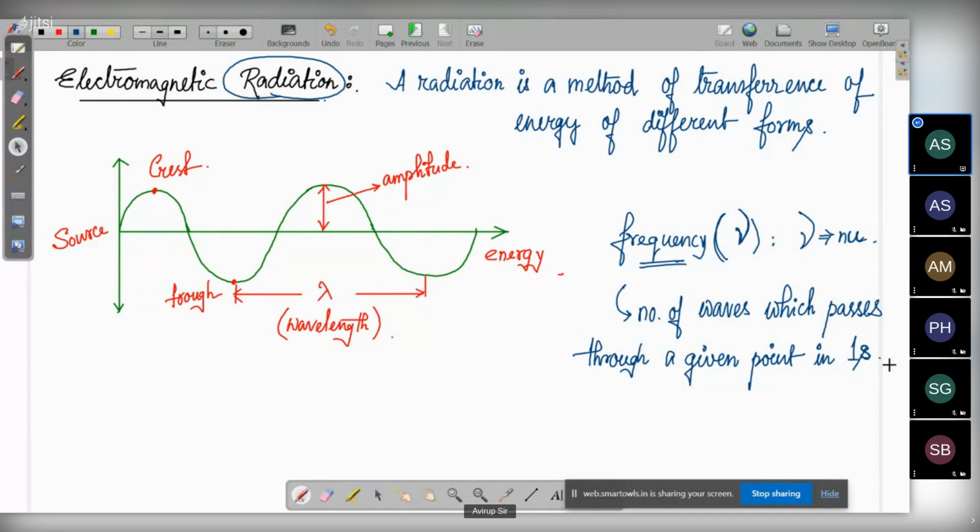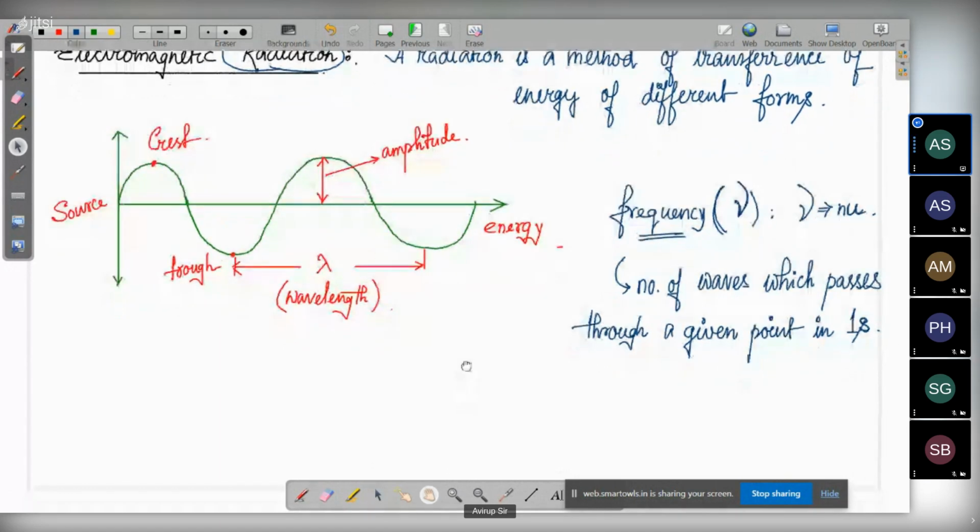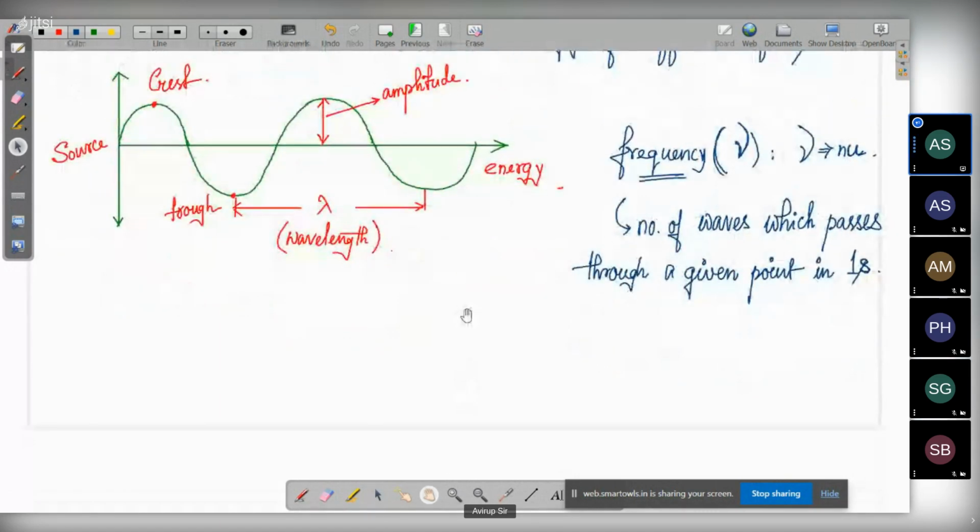So that means how many times it is happening within a given period of time. Here you are not dealing with the number of school days; you are dealing with the wave. That is why frequency is how many waves are passing through a particular point in 1 second. The time factor is very important in frequency. That means in a given amount of time, how many times a particular event is happening. Then you need to know about the wave number. So what is this wave number?